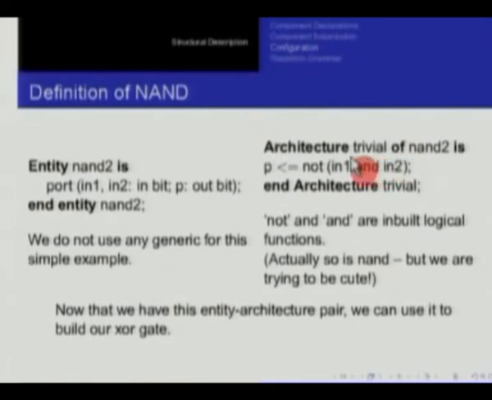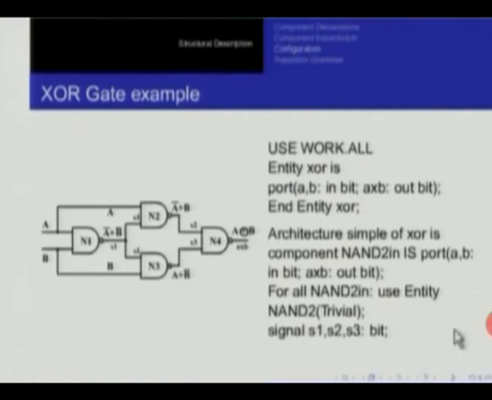And is a built-in function. So I am saying take the AND of in1 and in2, not that value, and assign this to P. That is the architecture of the NAND. Okay? So now that NAND has gone into